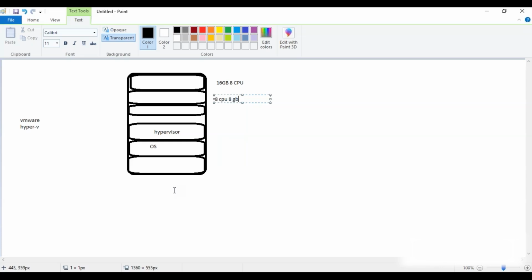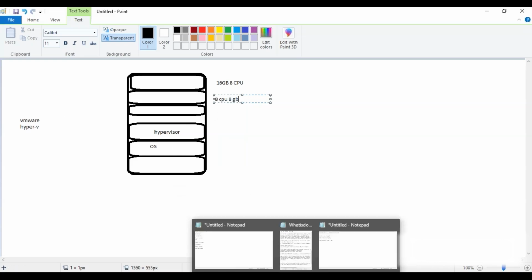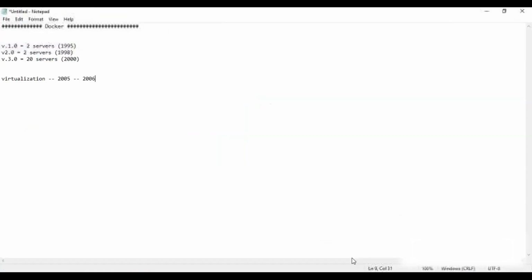Okay, so now even for startup companies, buying these 5 servers would again be a bit of a burden, because maybe each server costs around 3 to 4 lakhs, right? So again for a startup company it will be a burden to buy this much.